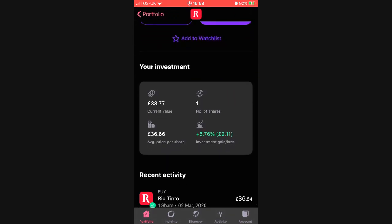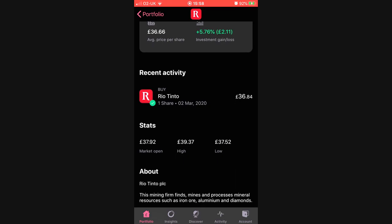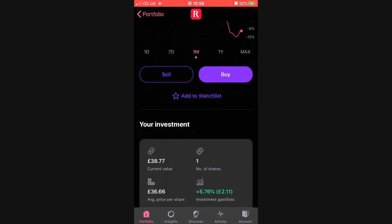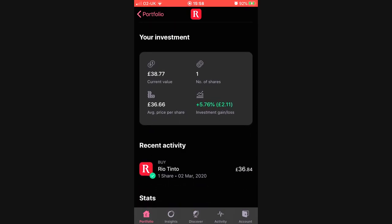Bounced back a little bit. I bought in at £36 a share, and now it's bounced back up to £38.77. Coronavirus fears have yet again destroyed this company, because